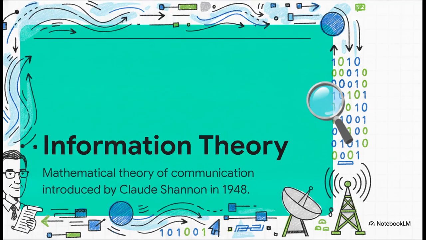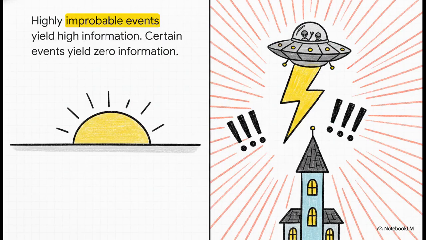But to actually make this work, Shannon first needed a way to define what information inherently is. And here is the really crucial part. Think of it like a heuristic. The amount of information we receive is directly proportional to our degree of surprise. Just think about it for a second. If I tell you that an event you were 100% certain was going to happen just happened, you've received strictly zero information. Your knowledge of the world hasn't changed at all. But if I tell you a highly improbable event just occurred, your degree of surprise is massive. Therefore, you've just received a huge amount of information. Basically, low probability equals high information content.